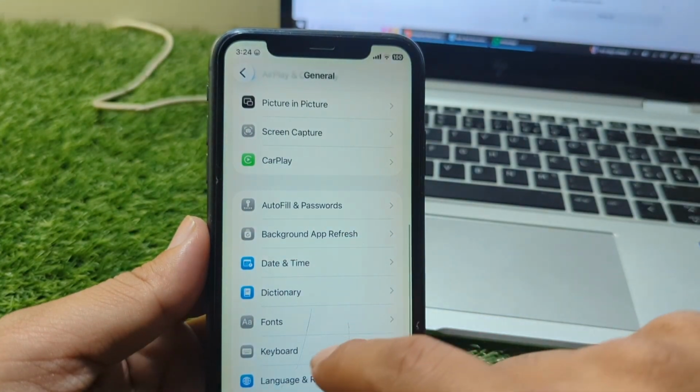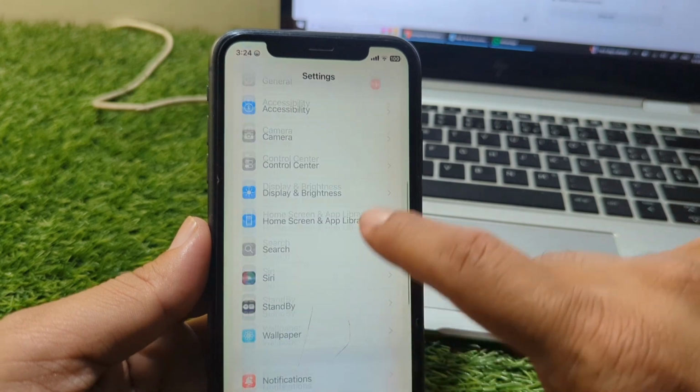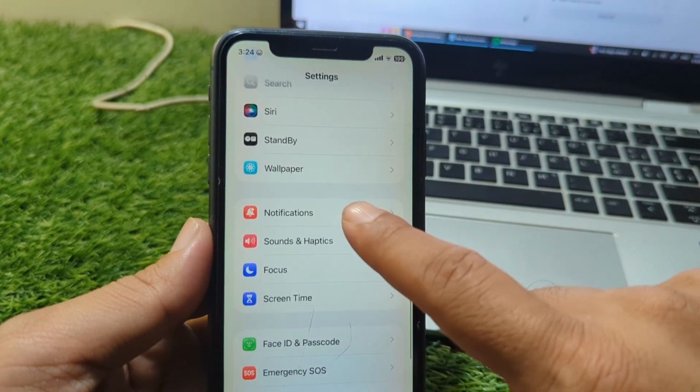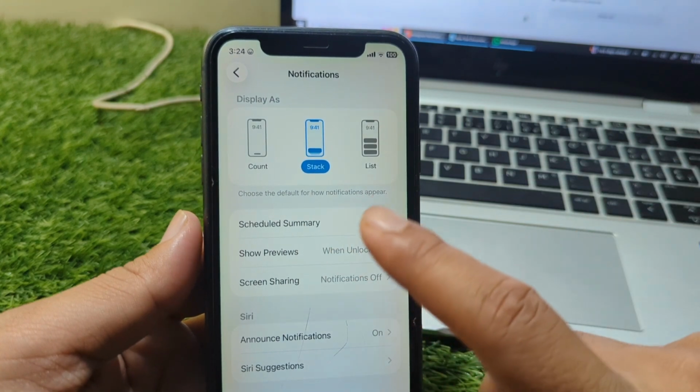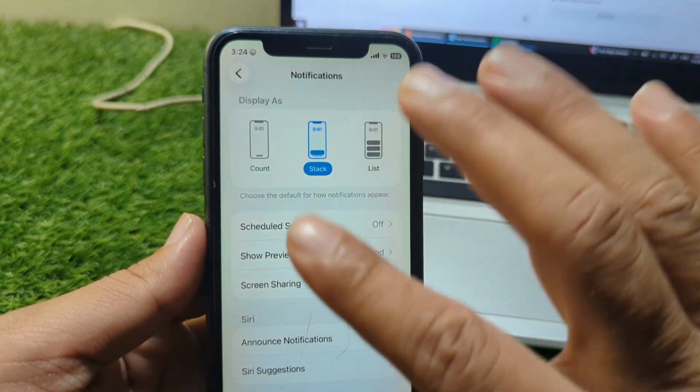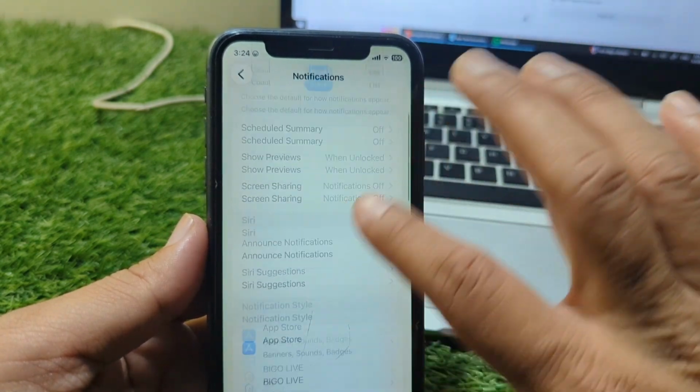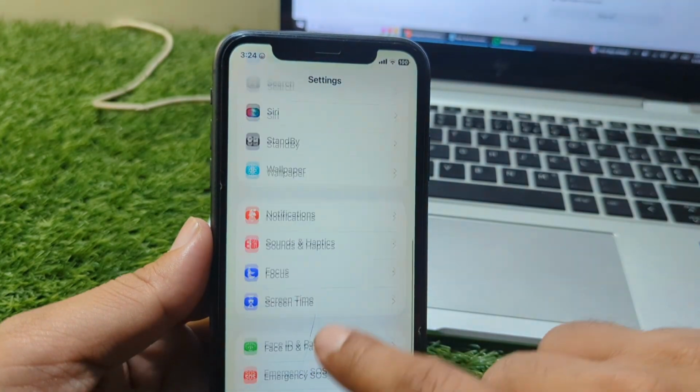So guys, do this, and after this go back and now scroll below and go to notifications, and from here check if your notifications are turned off. If they are turned off, simply turn them on, and after this you have to simply go back and you have to go to focus mode,